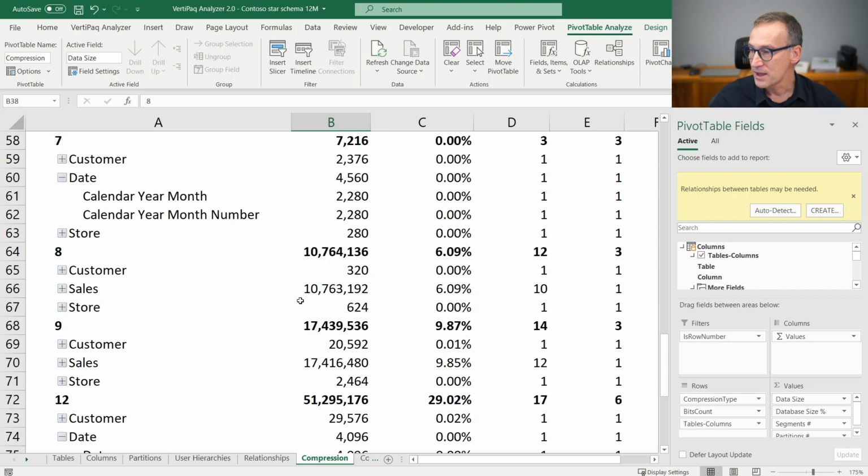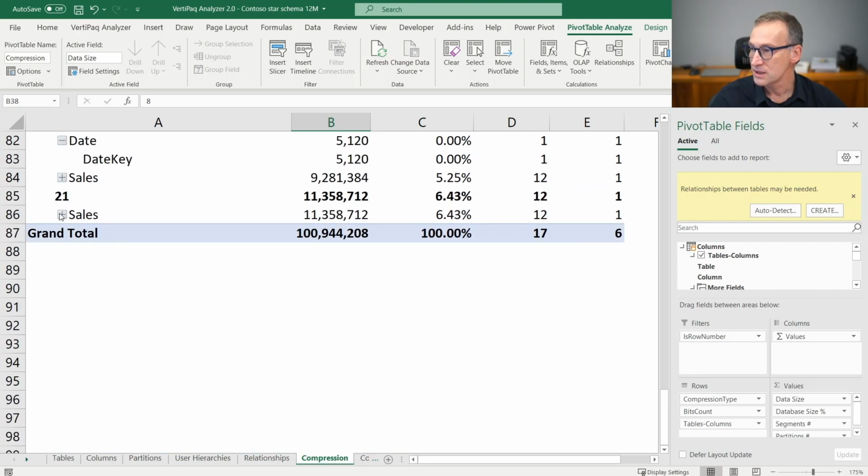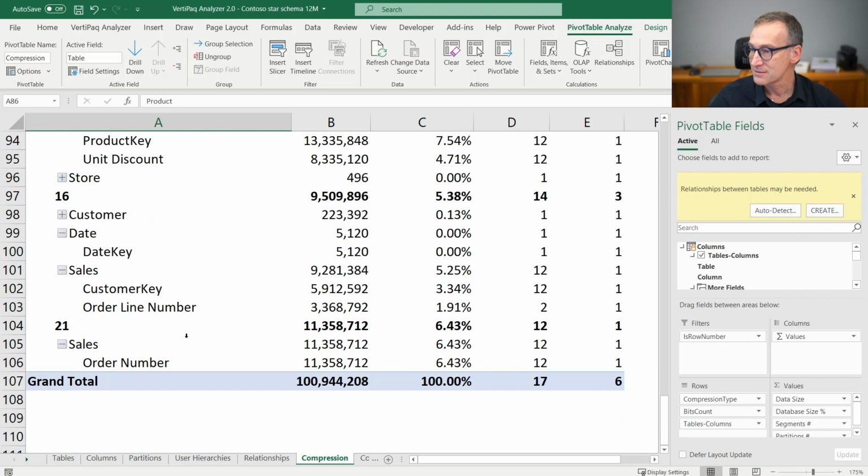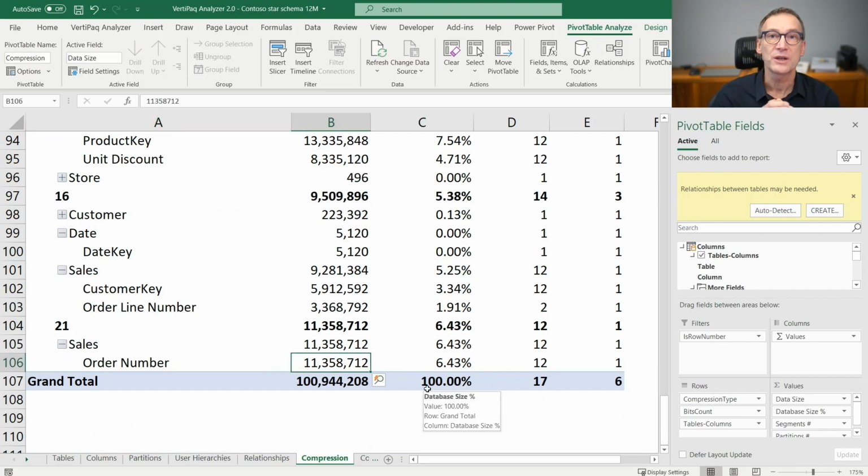But if you go at the end where you have the largest column, you see that columns like sales have the order number for which the engine had to use a large number of bits. And this is basically the source of the fact that these columns are larger. The relationship between